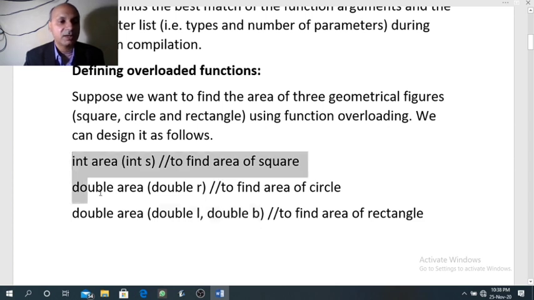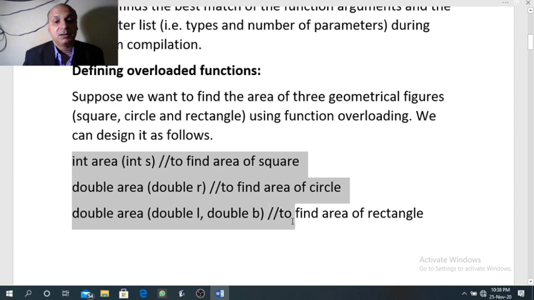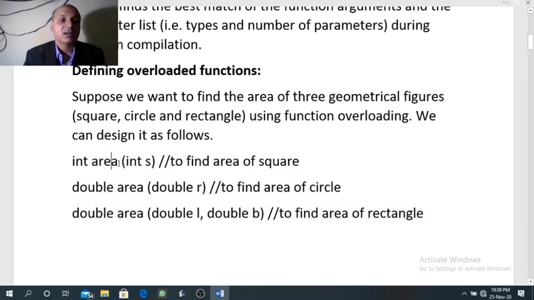So whenever you create a program with function overloading, always remember all the function names should be same, but their data type should be different if they have same argument. If the number of arguments are different, then data type is not a problem. We can have any type.